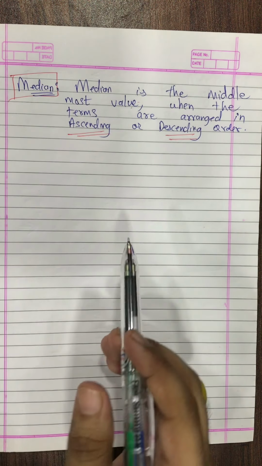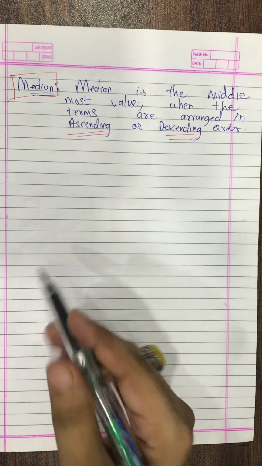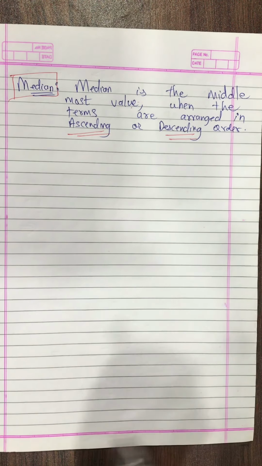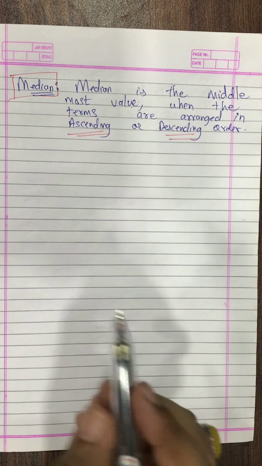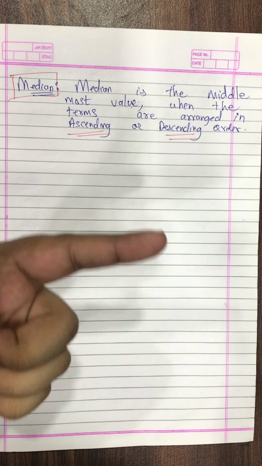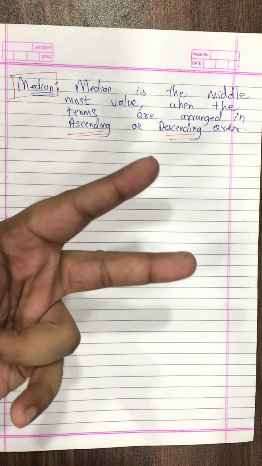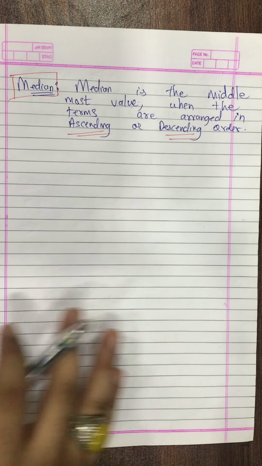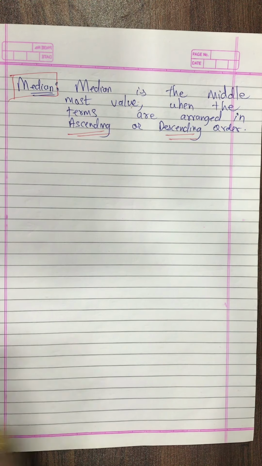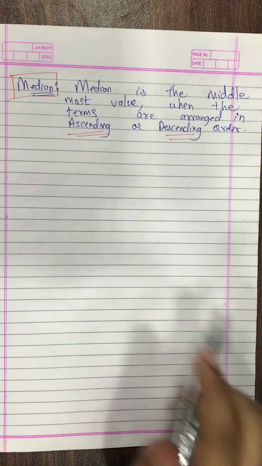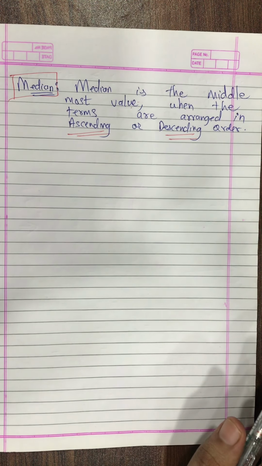Now students, there are three types of data in this also. We have raw data, which is separated by commas. Then we have tabulated data, where frequencies are mentioned, but the data is not grouped. So the first type of data is raw data, the second type is tabulated data, and the third type is grouped data. First we'll be looking at raw data, and how to find the median for raw data. I'll be giving you steps and the formulas. Just copy this definition, students, and stay tuned. I'll be writing up the steps.